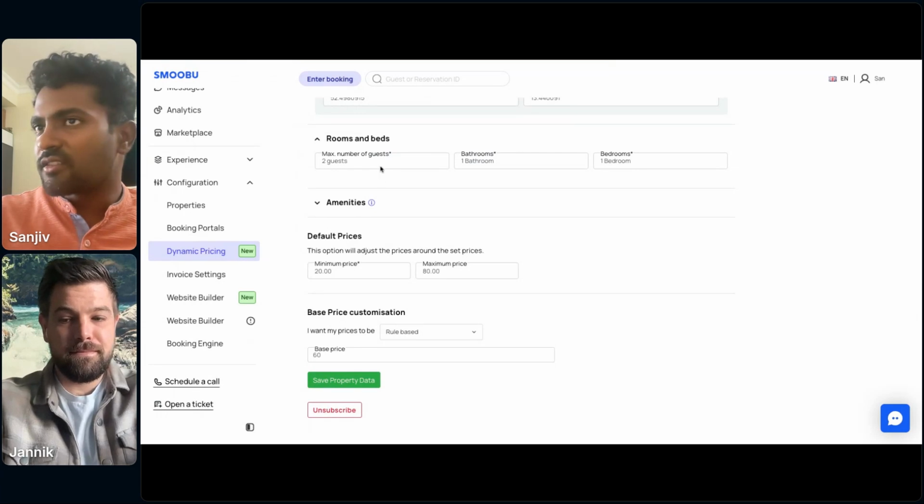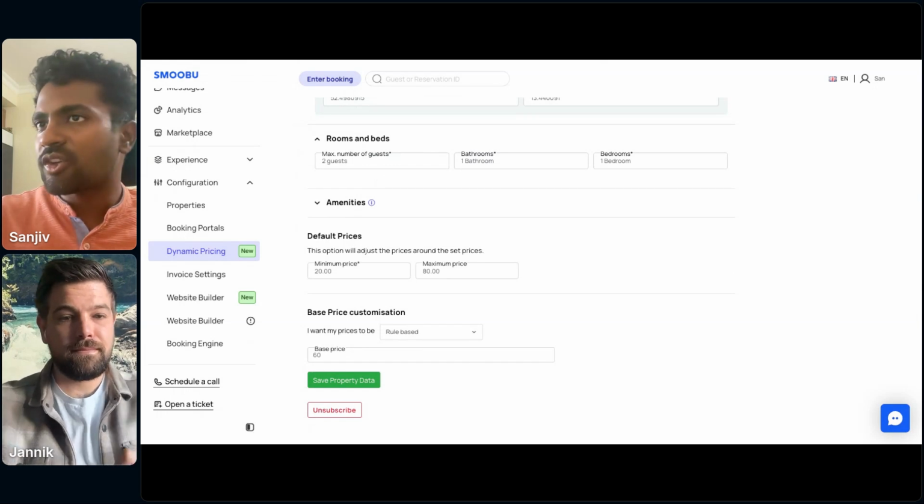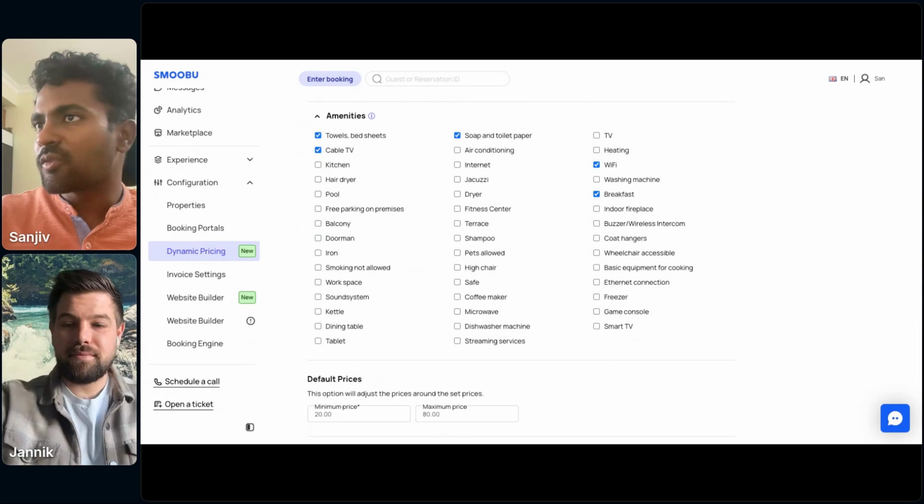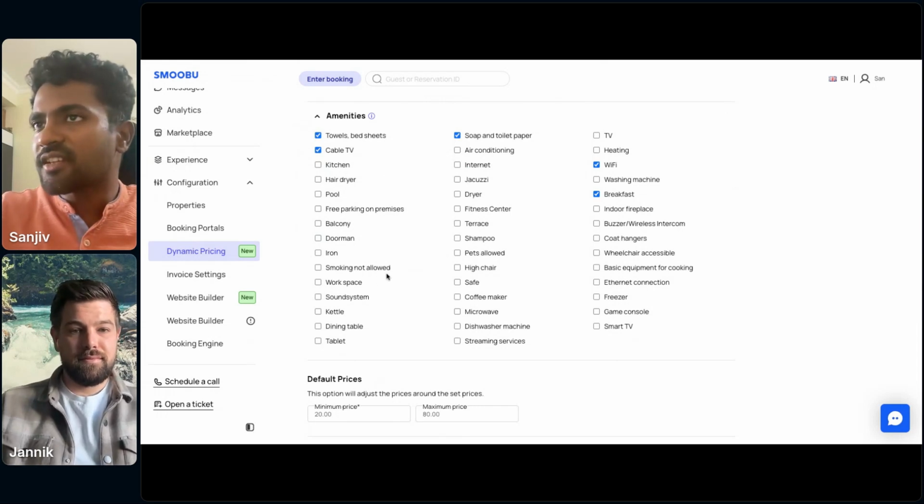And once you verify that this is the correct coordinates, you can go down and then enter the number of rooms and beds. So here you enter the maximum number of guests and the bathrooms and the bedrooms which you have on your listing. And going down, we have the amenities. So amenities are basically